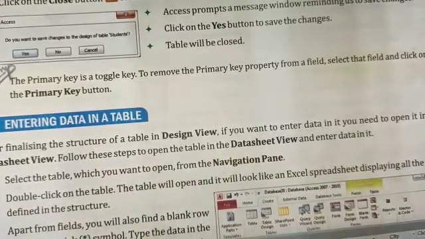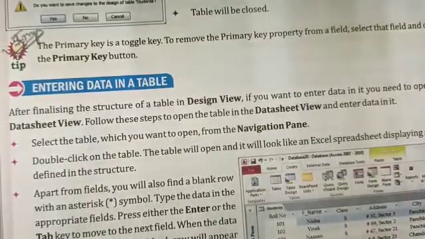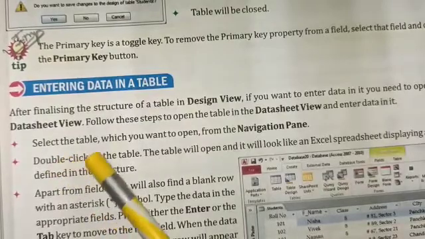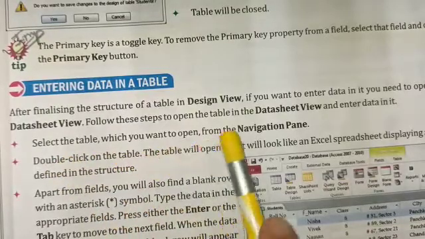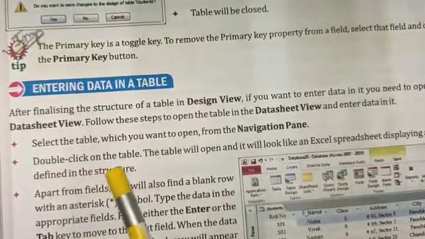Here are the steps to open a table in the datasheet view and enter data in it. First, select the table which you want to open from the navigation pane. Double click on the table.